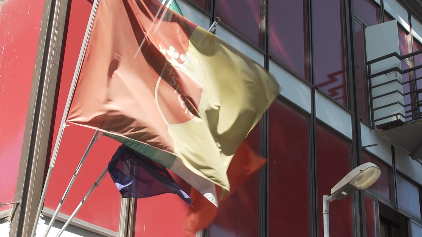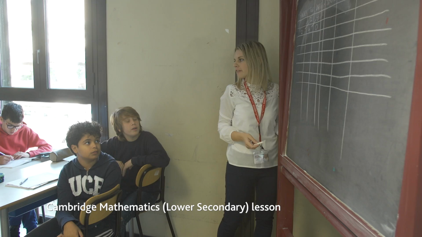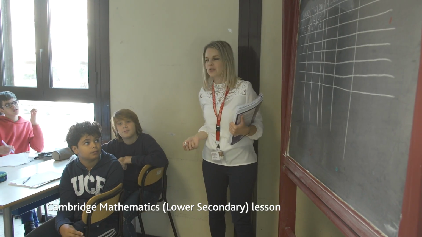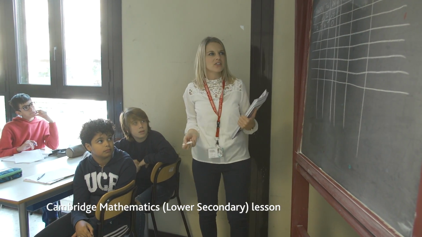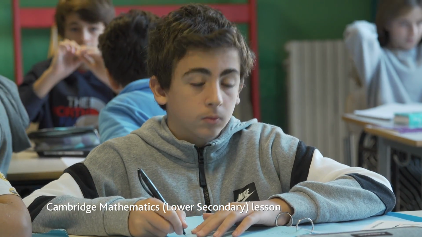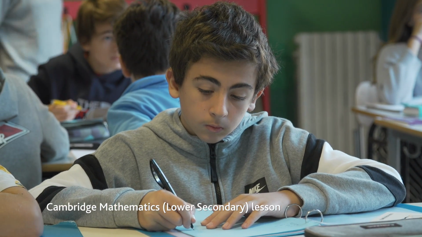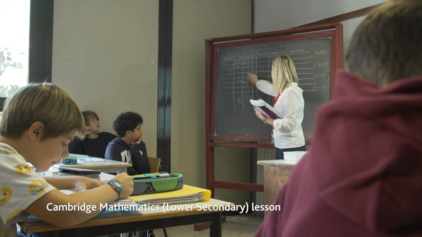Times 10 is? 240. Good. 240, yes. Okay. So 10 has the special power that when you multiply a number by 10, it moves over one column on